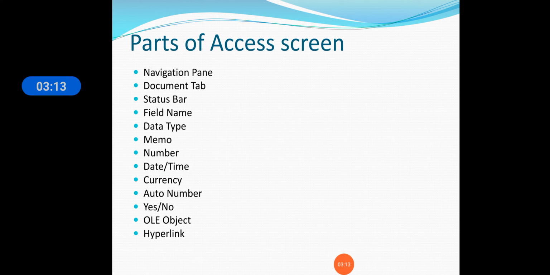Now students, we have seen the navigation pane, document pane, tab and status bar. These are the parts. But the field name is important, which we have seen in the live class. What is the field name? We select a field name, for example we write a name or anything. Then the data type is selected: number, date and time, currency. These were seen in detail in the live class. Auto number is there, yes/no for a condition, OLE for linking any object, and hyperlink, as all of you know, is to connect to a link.